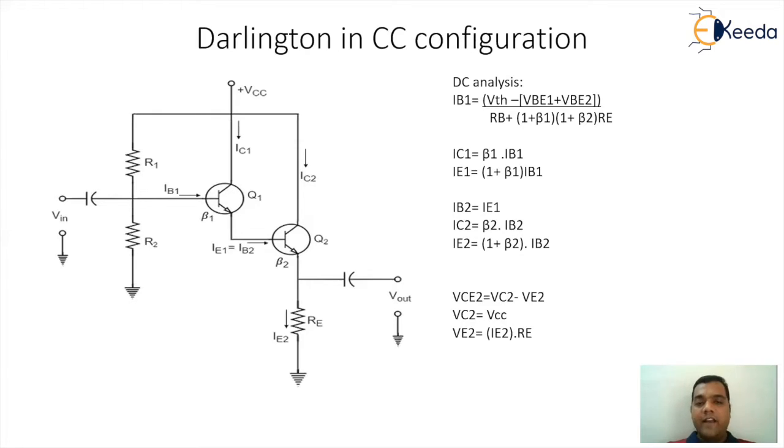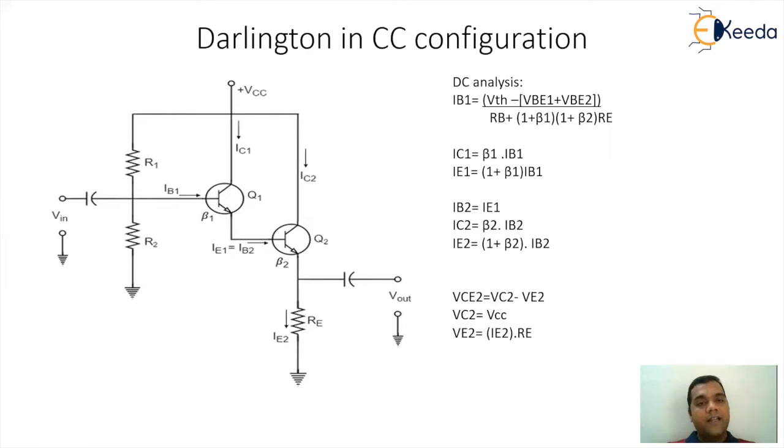This is an internal arrangement, and the output end of the second transistor at the emitter is going to work like Vout, where we have connected a resistance Re. For the biasing effect, we are using potential divider bias, which will have the components R1 and R2 connected to the VCC supply.